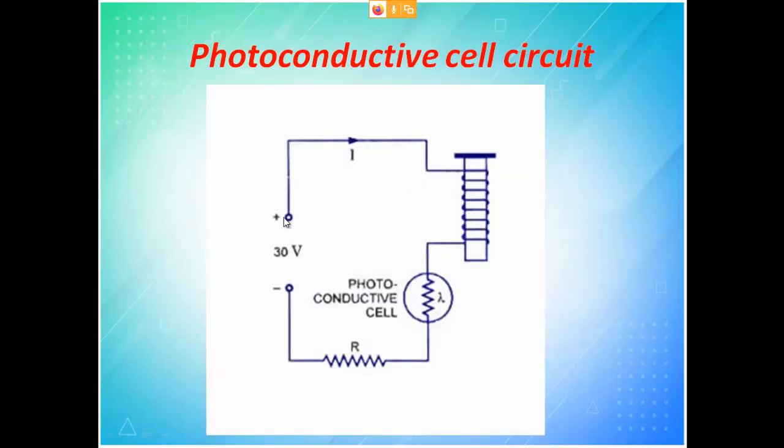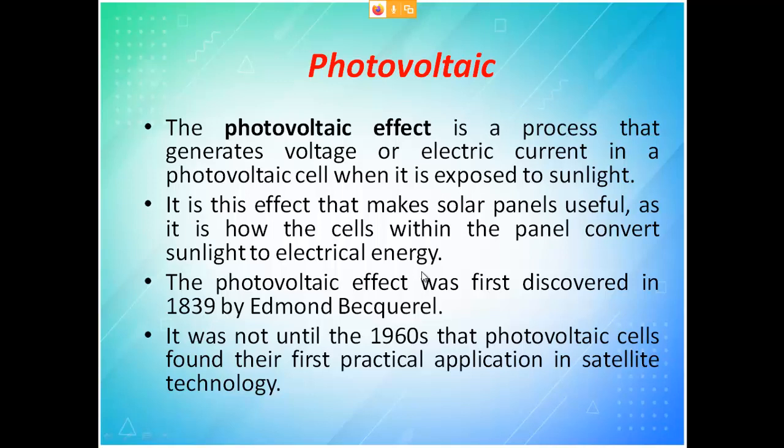So here it is positive. Then what should be the terminal closer to this? It should be negative, that's all. This should be positive. So here it is N type which is closer to here and P type which is here. So this forms a reverse bias condition, whereas in photovoltaic it is the opposite. Now positive will be connected to positive, negative will be connected to negative, which means the P of the cell should be connected to the positive of your circuit. P type you will connect to positive, N type you will connect to negative in case of photovoltaic.